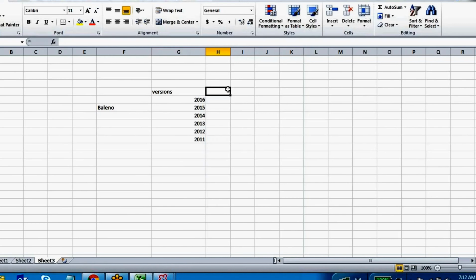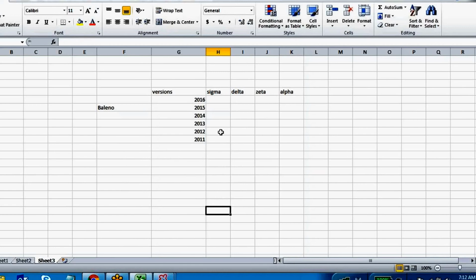And what are the editions in this Baleno? Sigma, Delta, Zeta, and Alpha.